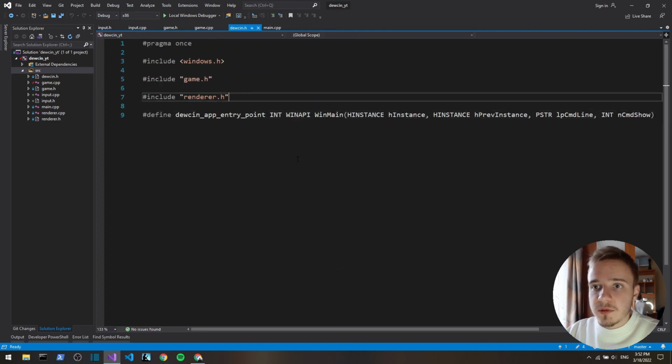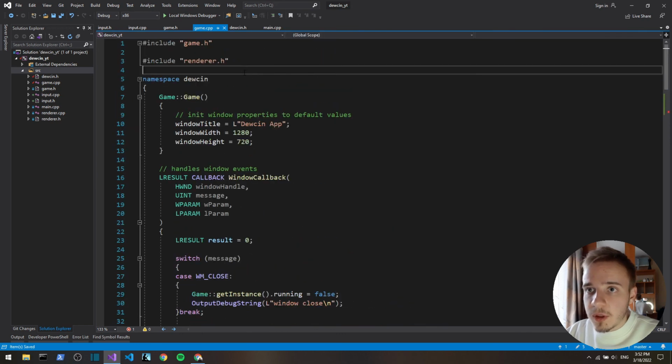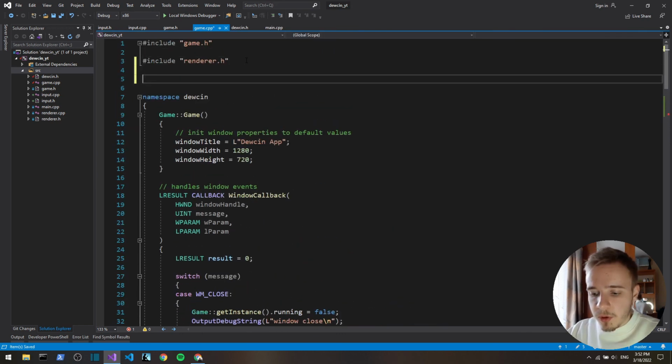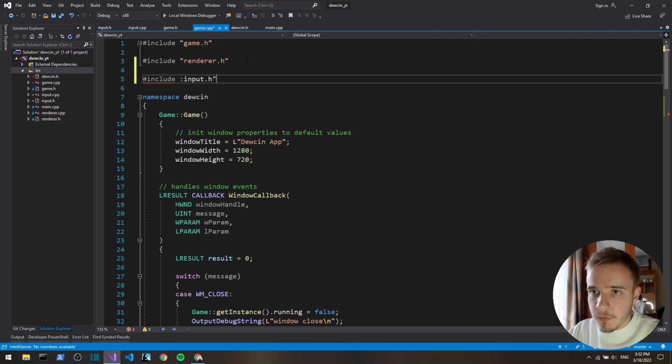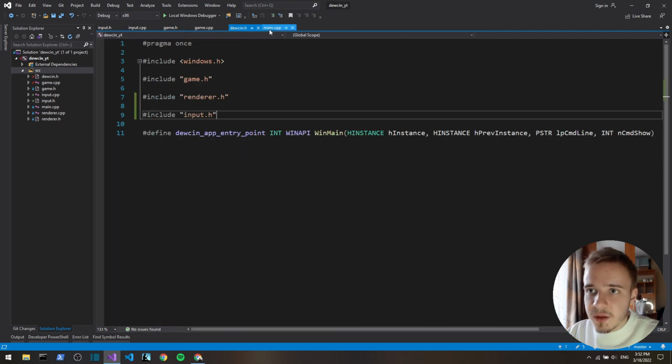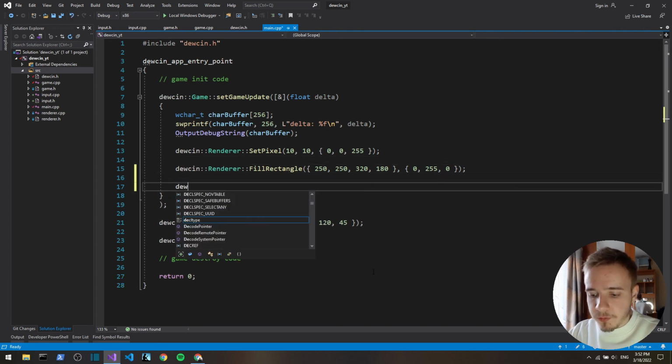Now let's also include this file into our input.h. Also in our game.cpp we are gonna include input.h. Like so, and now we will be able to